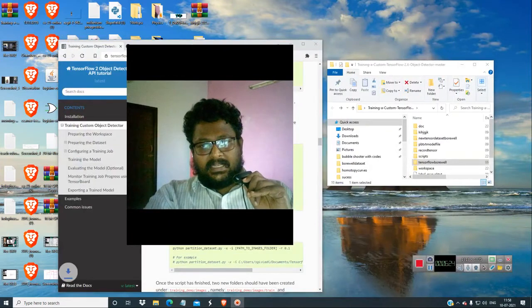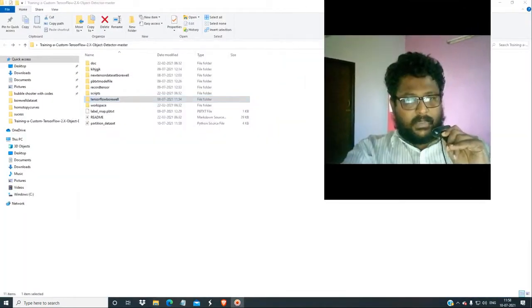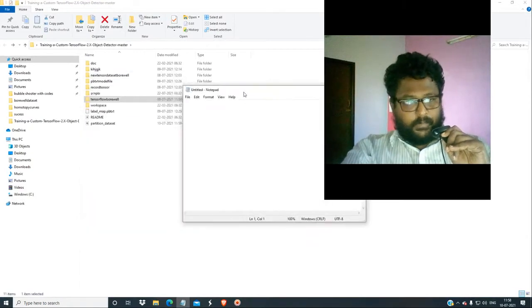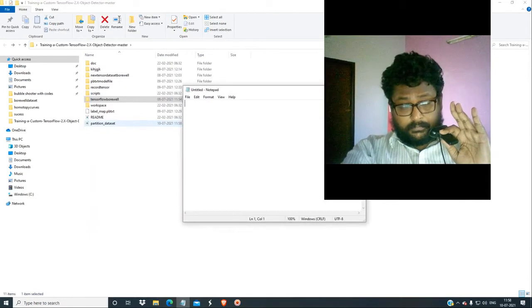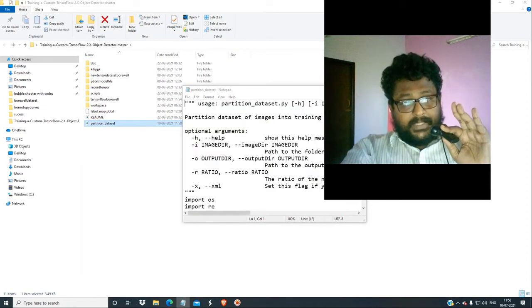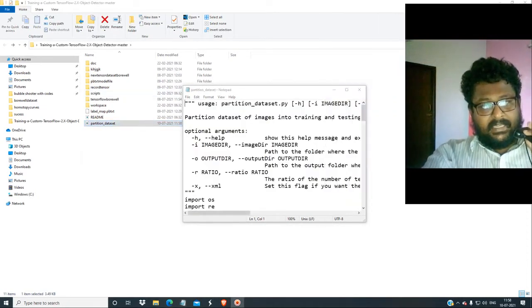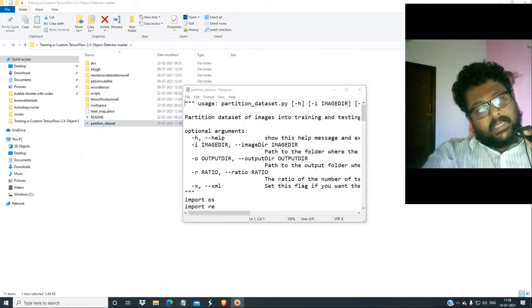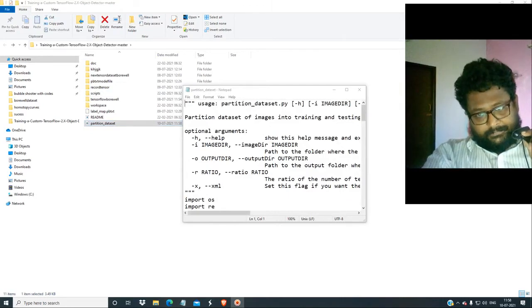It doesn't need very precise details. It just needs the input image, output image, and ratio and XML.